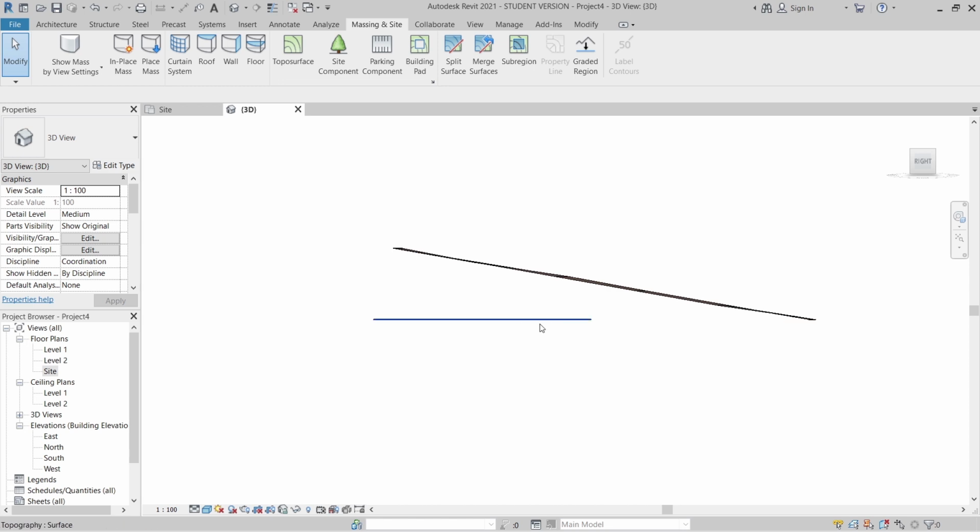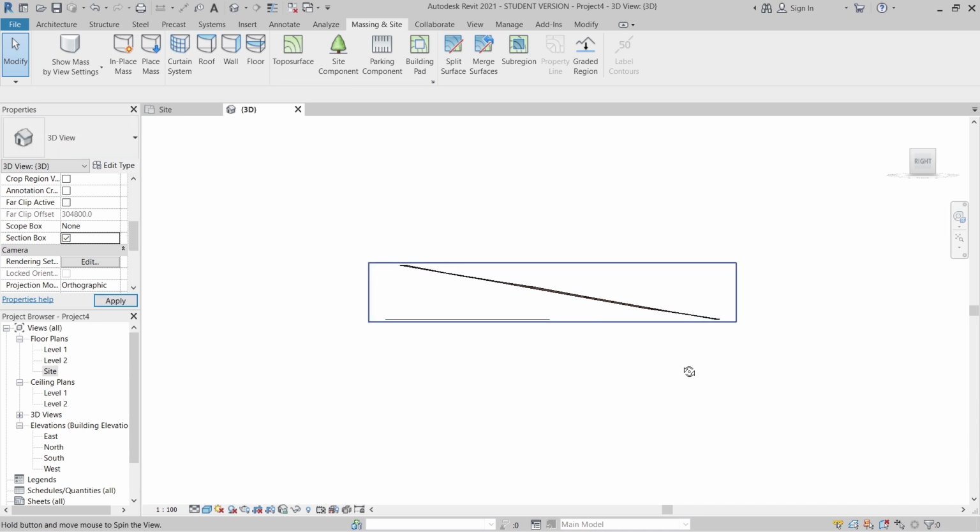Now if I want to see my soil in depth, because here it is just a hollow one and I can't see my soil yet, how could I see that? We've got two ways to solve that. Firstly, you can create a section on your site plan. Another way is to go to your properties panel on the 3D tab here, then go to your section box and just open it up, as you can see here.